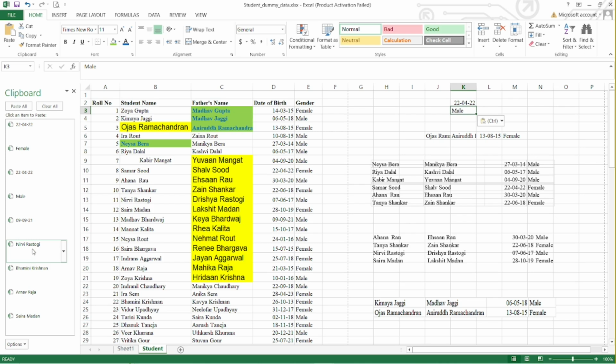Okay, I want to copy this name. I want to copy this Arnav Raja. So we can also do this in the clipboard section where we can check that all the available values exist. We can clear them or paste all. Paste all will work for all the values. See,